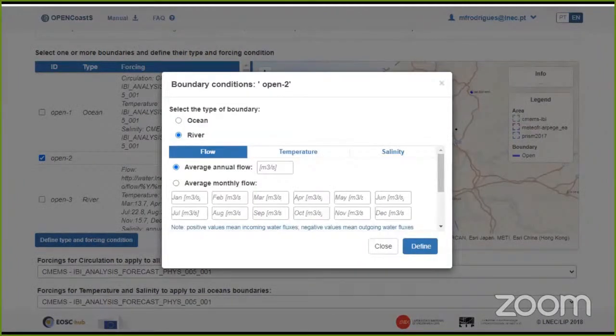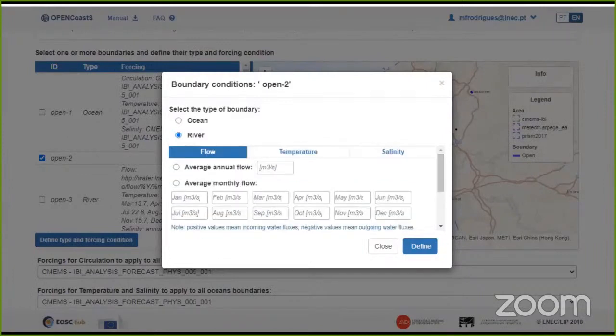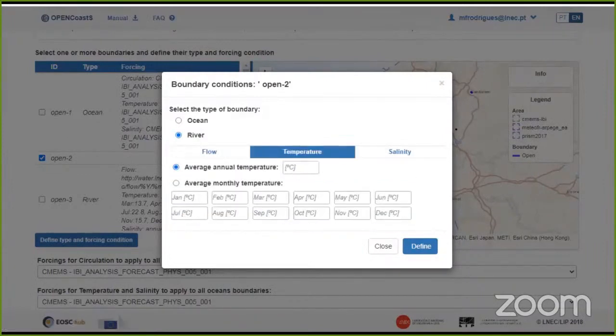So we do need to set up the flow, the temperature, and the salinity, but in this case the flow will be a percentage of open boundary 3, and again for temperature we are going to use climatology. So let me just put here the values.